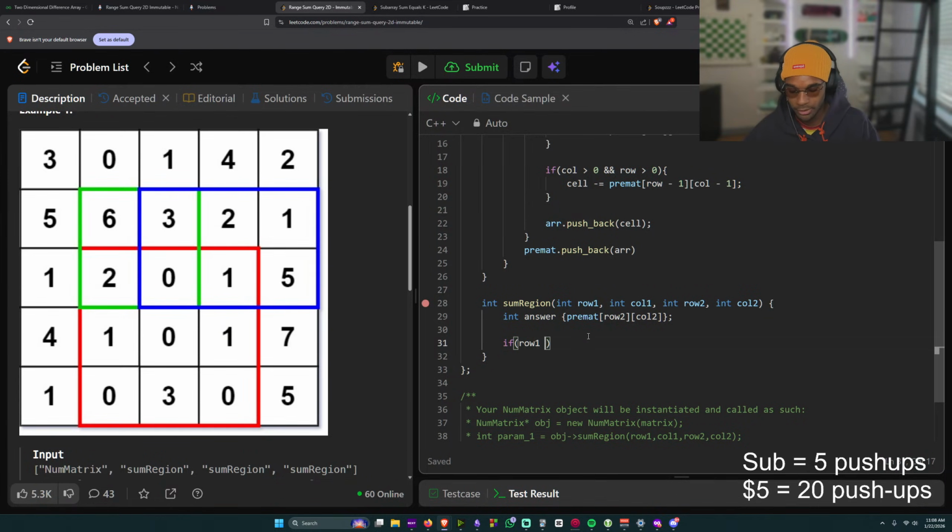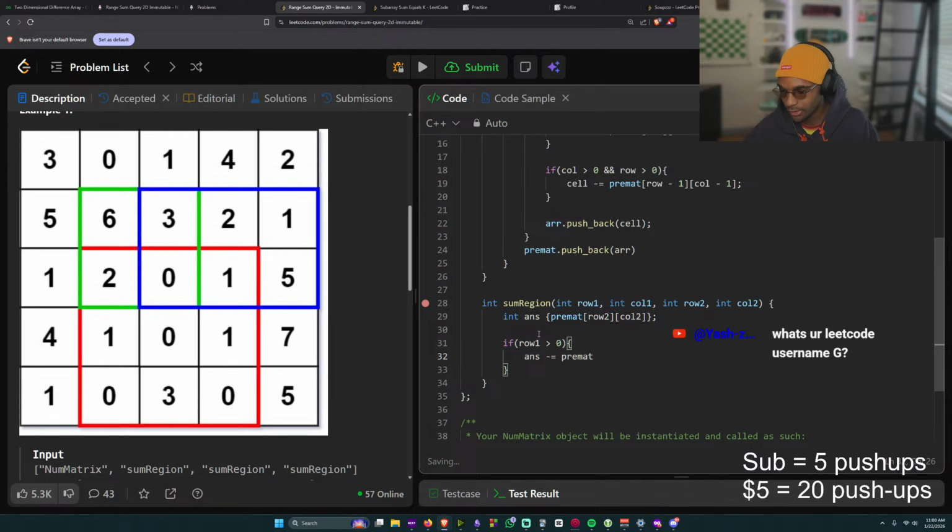So if row 1 is greater than 0, I like to just use ans. I'm going ans. Then ans minus equals.